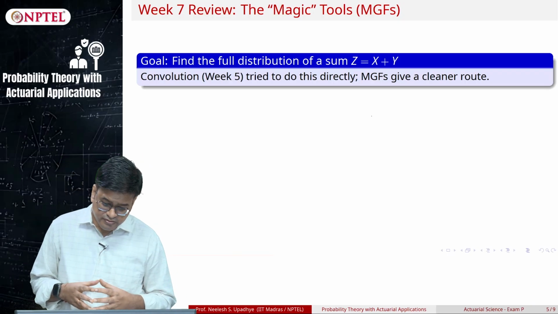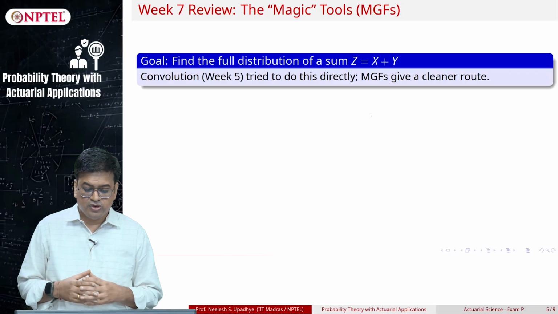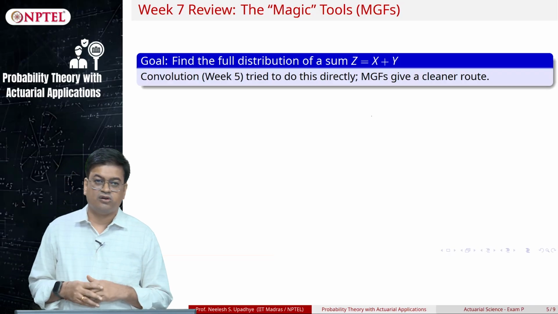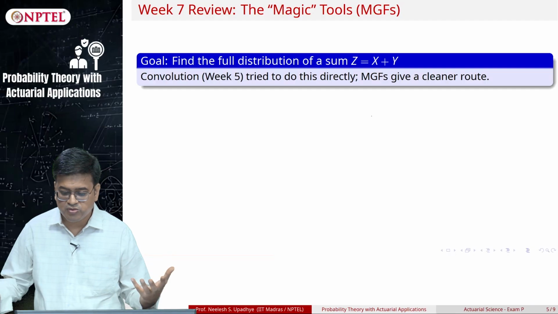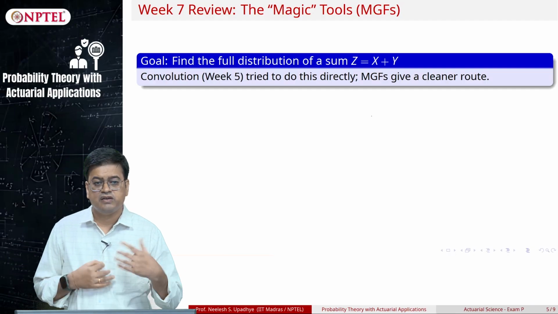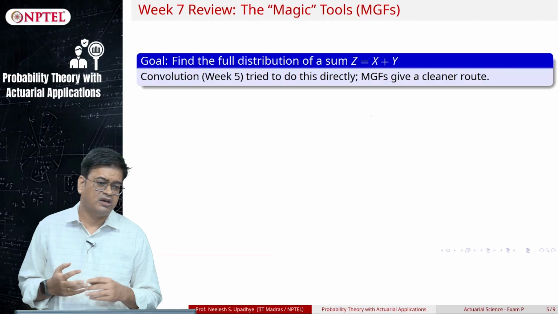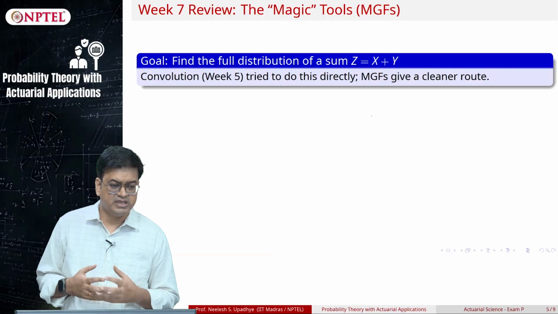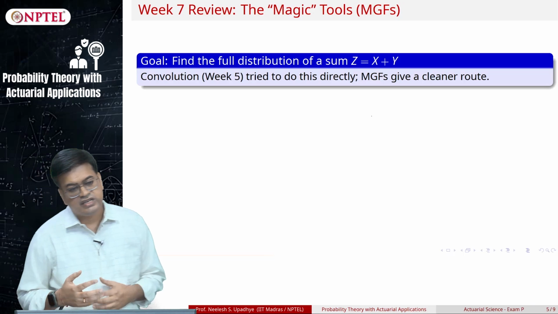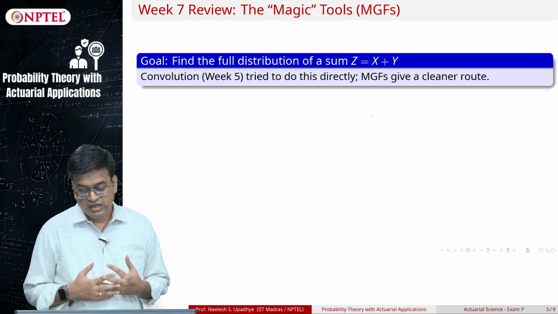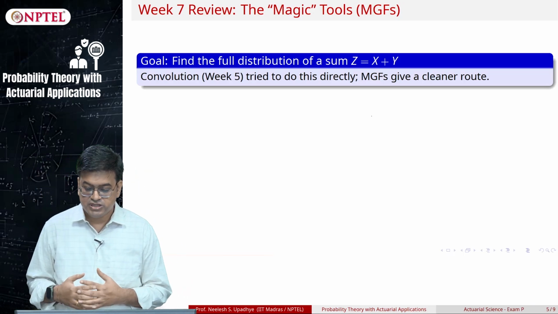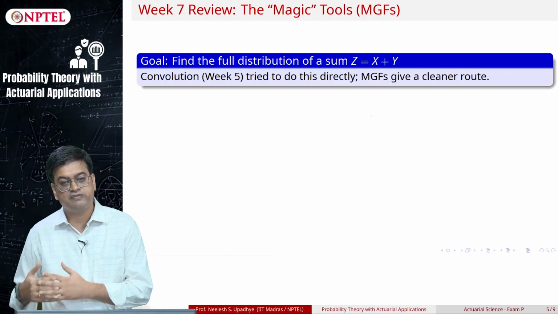However, the problem was you have to integrate a lot of things. For example, two normal random variables are given. If you are taking their densities and you are putting them in the convolution formula, the integrals may become messy, right. So, is there any easy way out? The answer was given by MGF, which is moment generating functions.